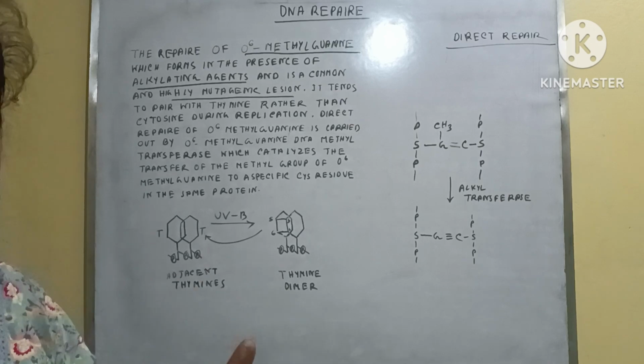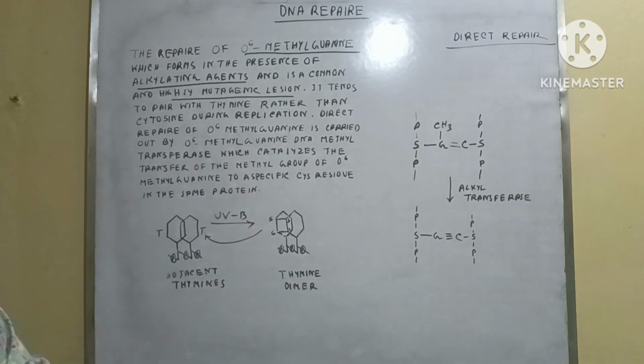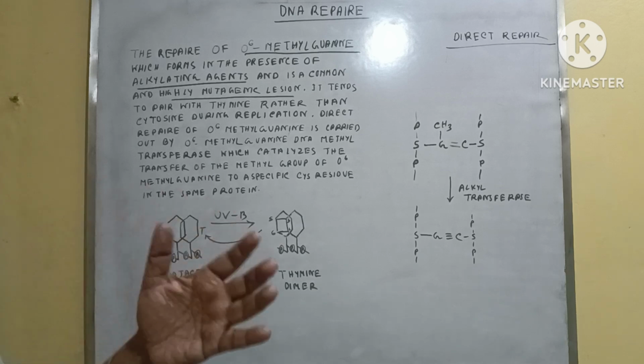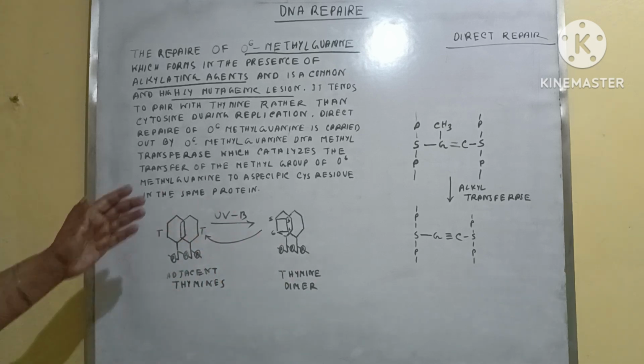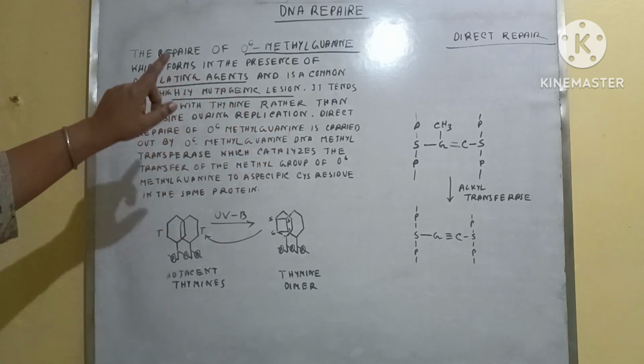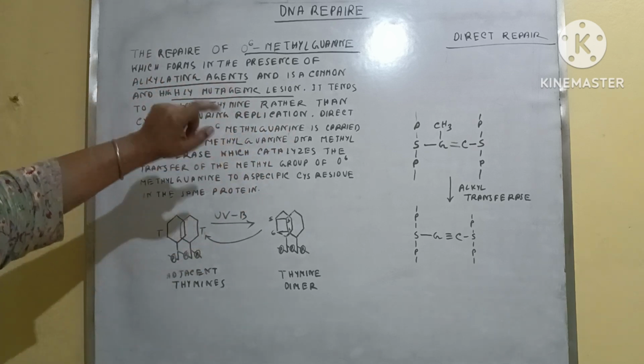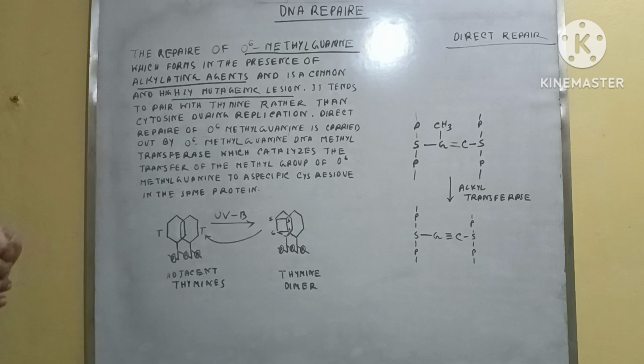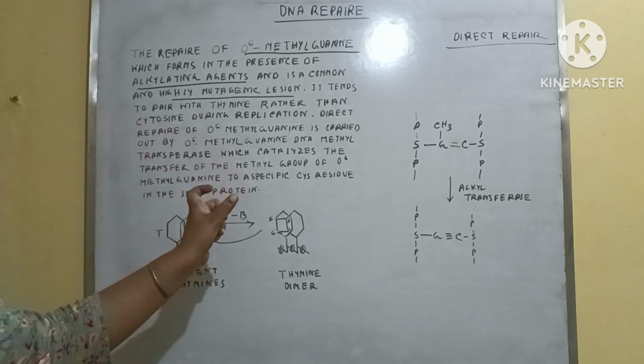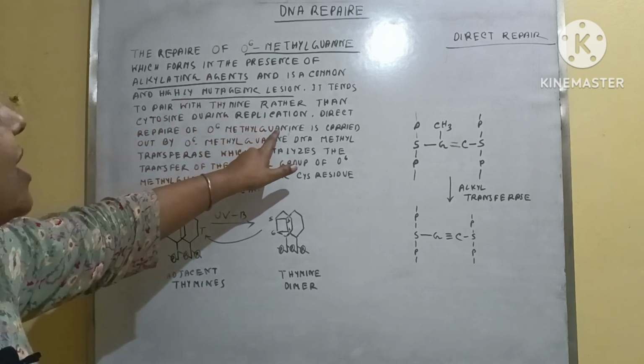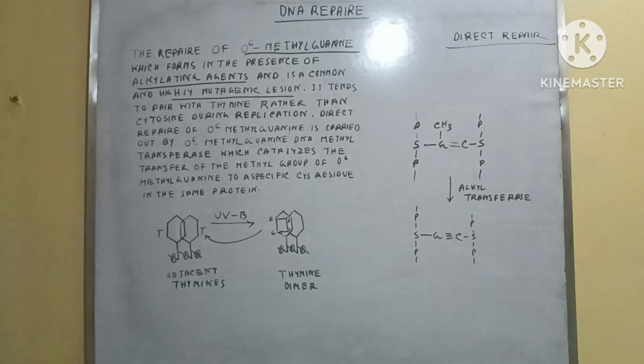So ATGC is the actual sequence of the DNA double helix, or the DNA strand. But here, in the presence of alkylating agents, that is O6-methylguanine, this guanine tends to bind with thymine rather